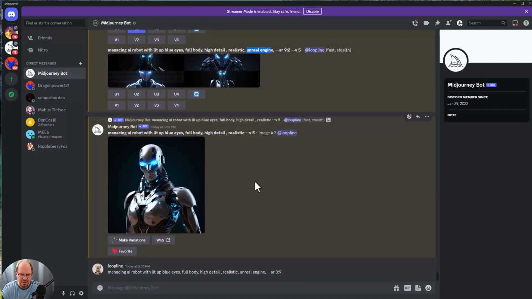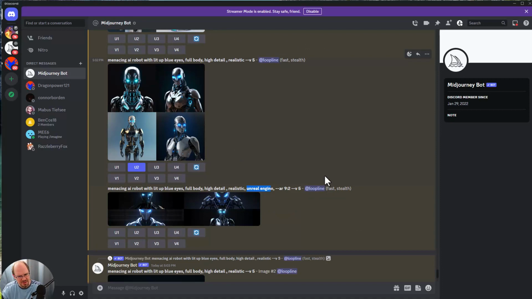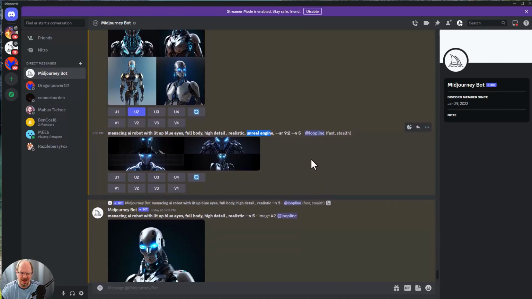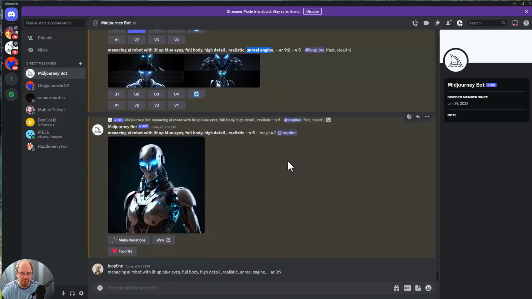In fact, there's a lot of these different things you can do, like Unreal Engine and the aspect ratios. If you wind up getting certain things in it, like, for some reason, I was doing some image generation and it kept putting a human being in there. I don't know why. Or a rock or something. It had to create a balanced image because I added a background. When you get into detail in the background, AI wants to create everything balanced. And so I was like, no, just put this item over here. I wanted to leave a big space because I wanted to put text there, but it wouldn't do it.